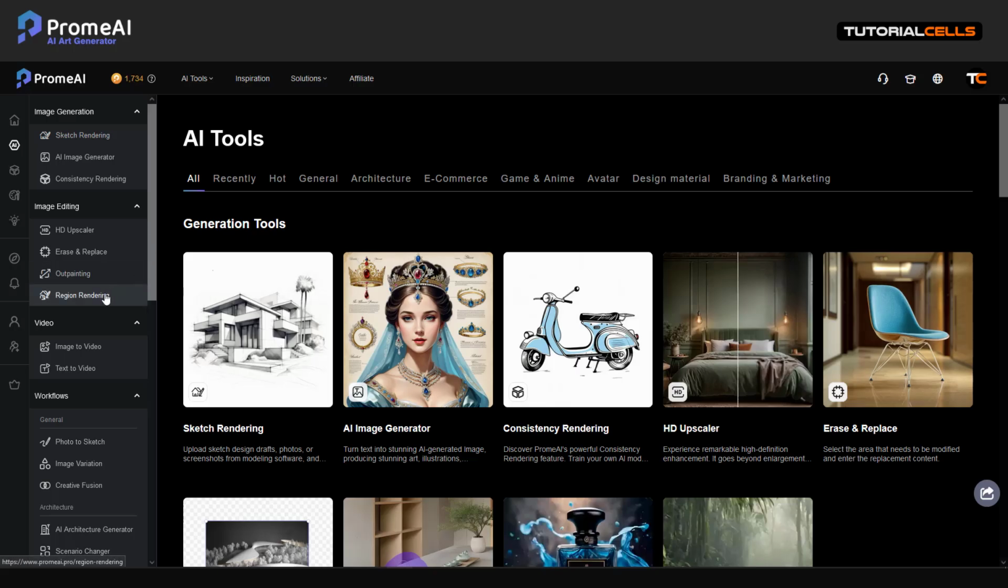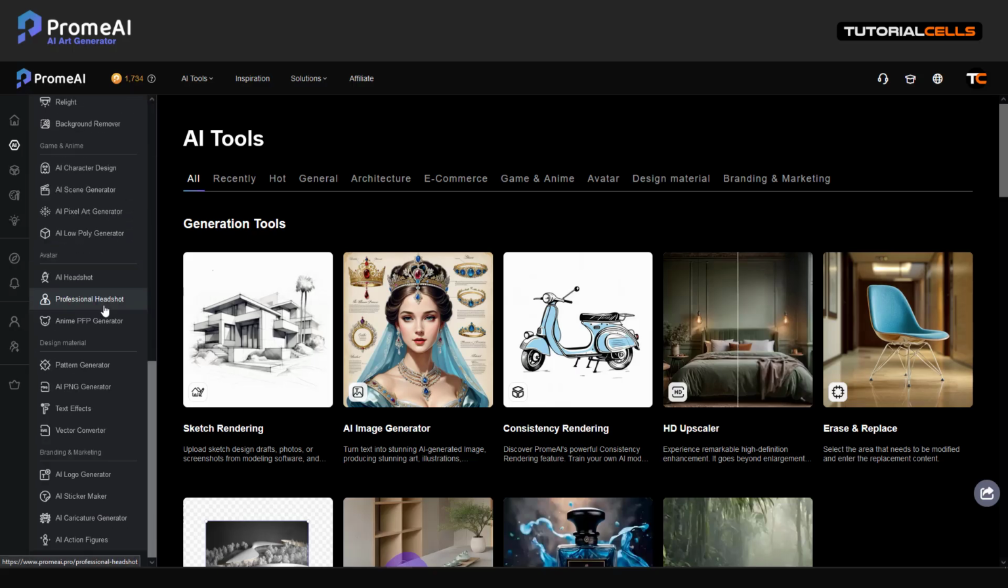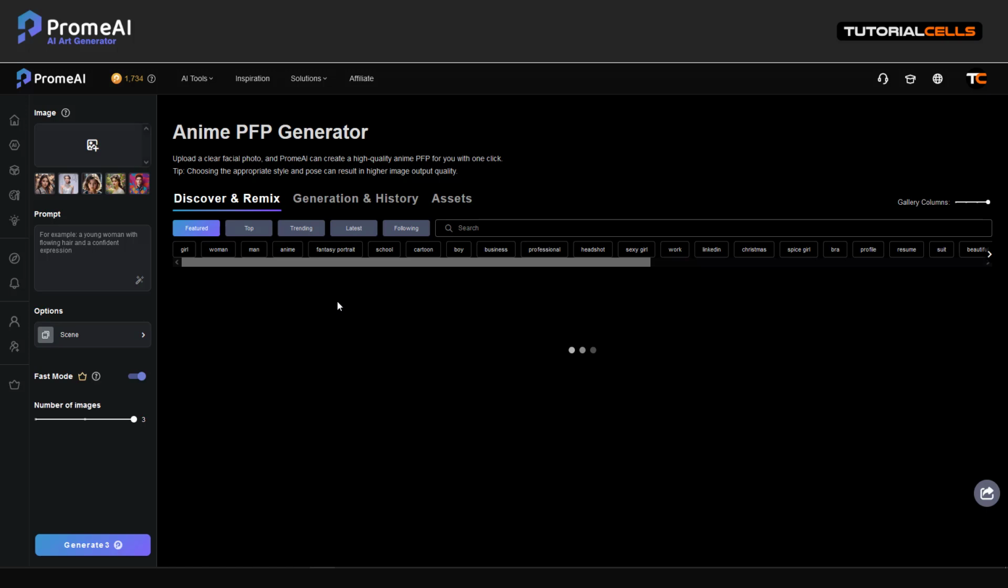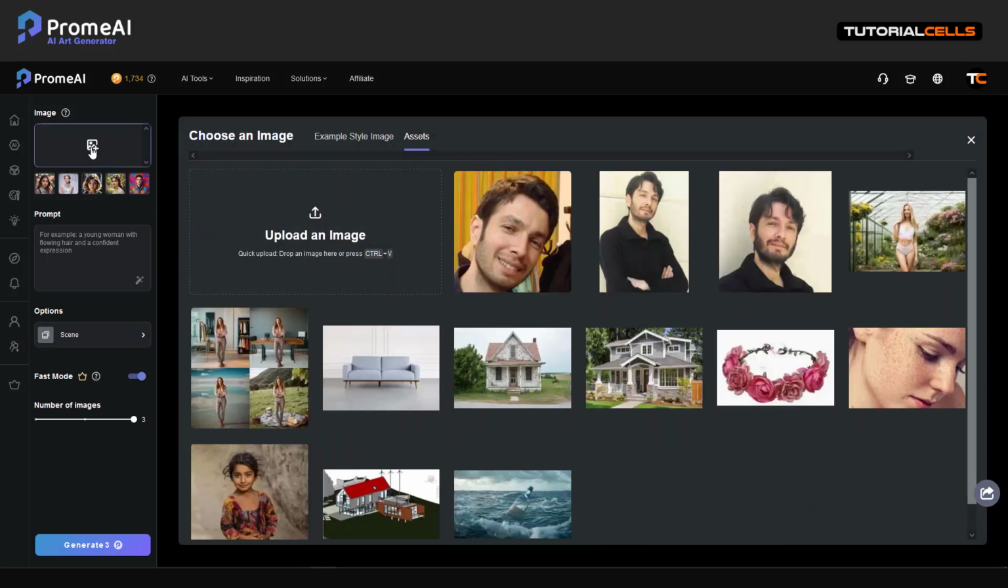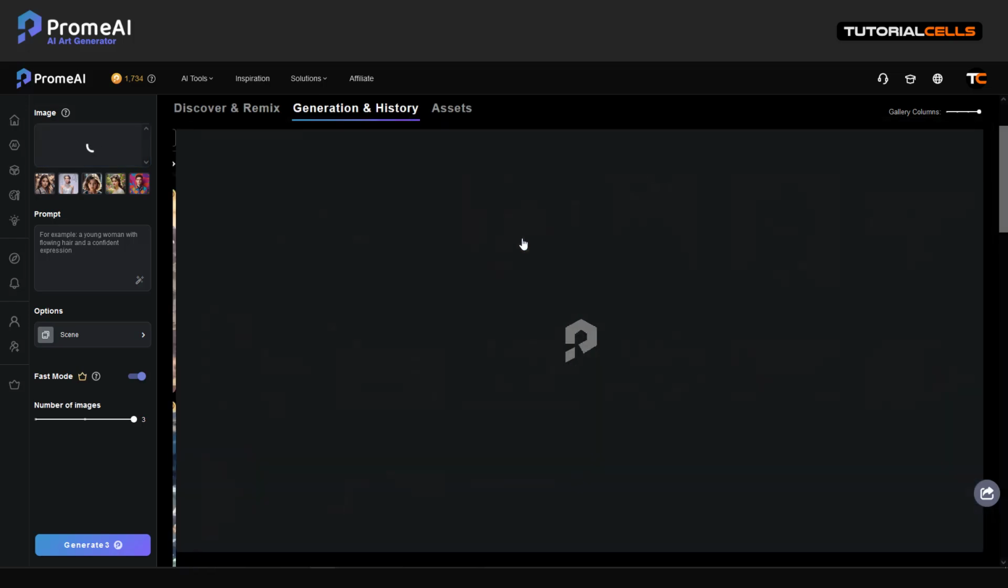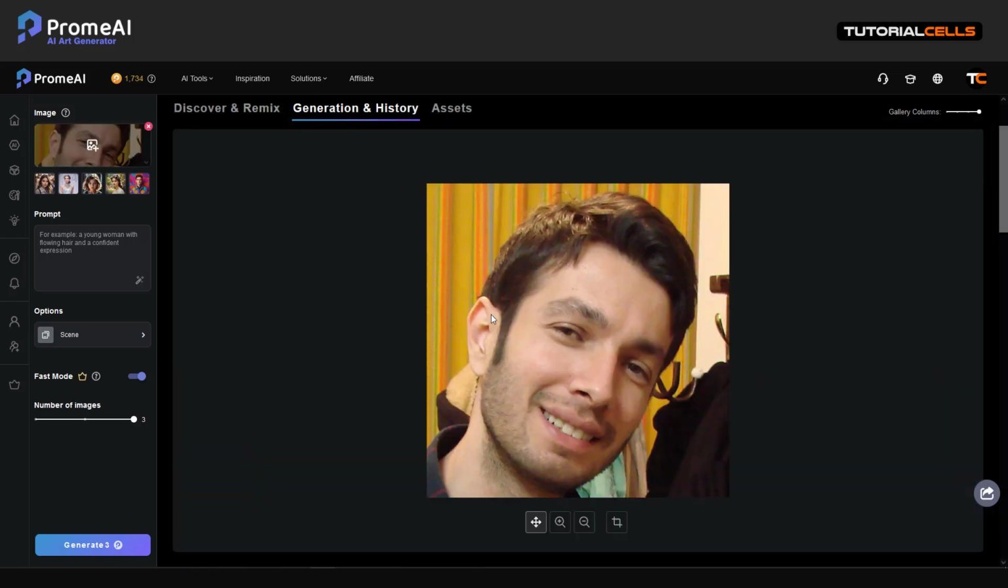If you want to convert your face, for example, you want to create a profile picture and convert your face to anime, you can use Anime PFP Generator, profile picture. You have to insert your face. Look at this. For example, it's import face, and if you generate, it tells you,